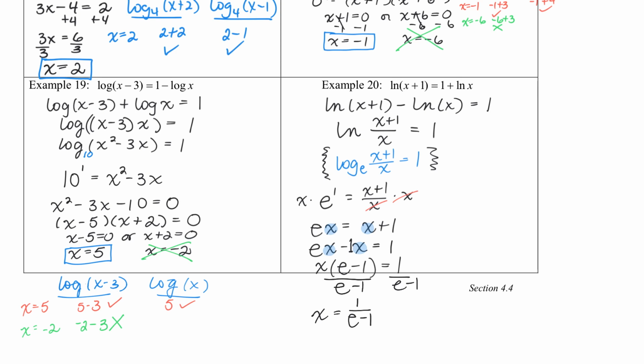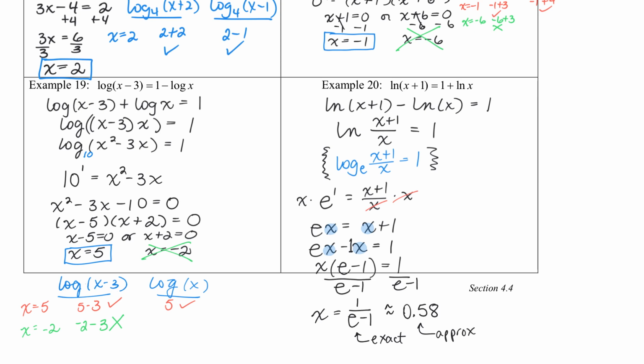And I'm going to get a decimal approximation to this one. 1 divided by e to the first power minus 1 gives me, to two decimal places, 0.58. So that is my exact answer, 1 divided by e minus 1, and this is my decimal